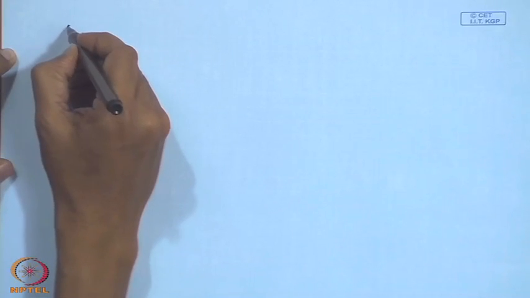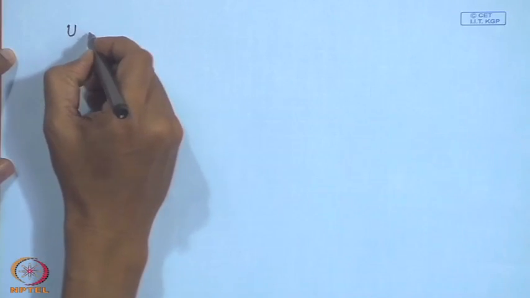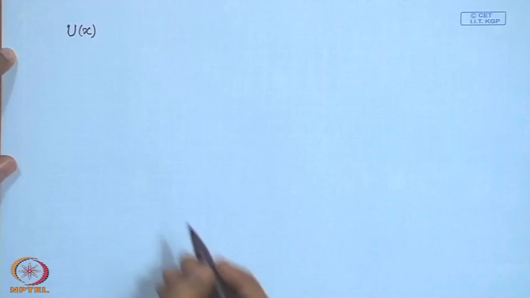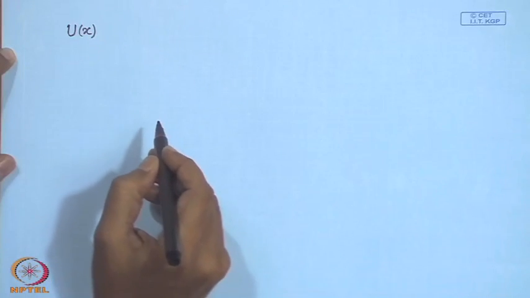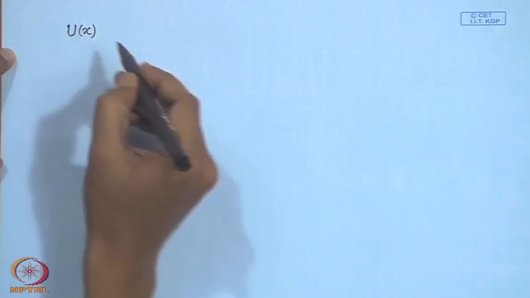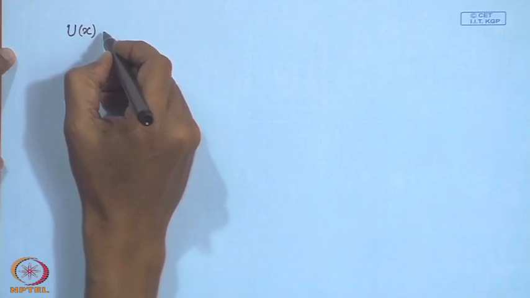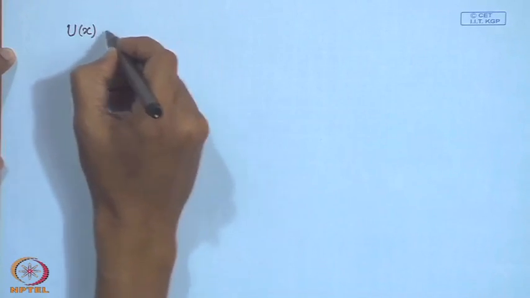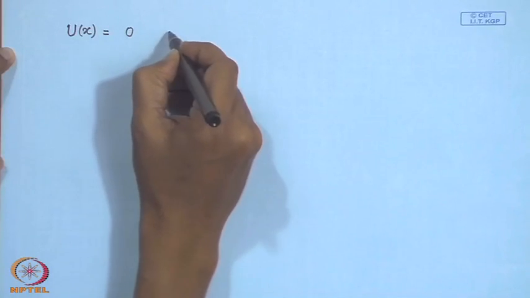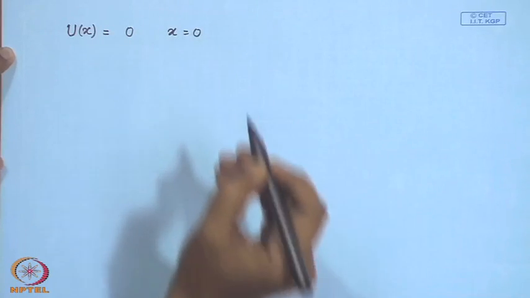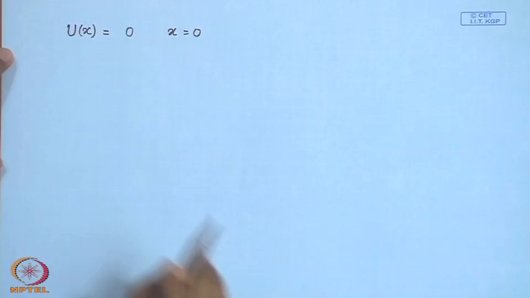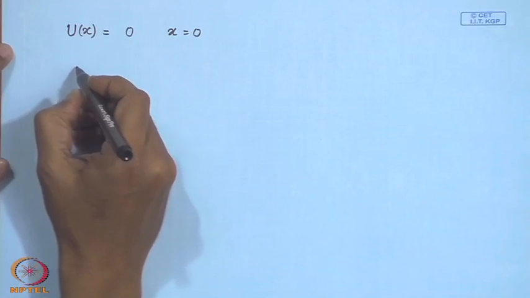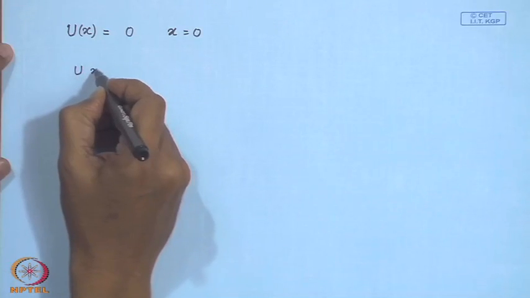So, we have to choose admissible functions for this problem such that it is 0 at x equal to 0. This is the minimum condition that is required. So, a possible choice